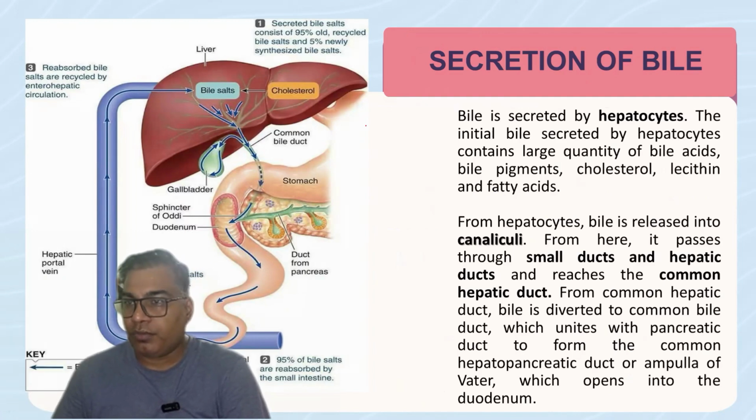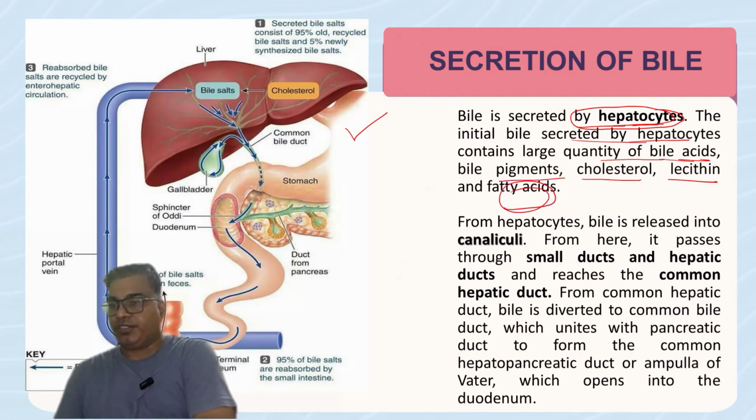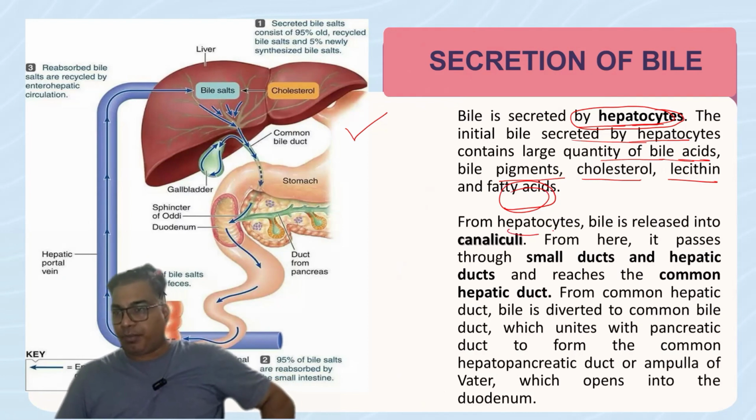Now come to the secretion of bile. Basically, bile is secreted by the hepatocytes, the liver cells. Initially, bile is secreted by the hepatocytes, which contains bile acids, bile pigments, cholesterol, lecithin, and fatty acids. So from these hepatocytes, bile is released into the canaliculi. From here, it passes into the small ducts and finally opens into the right and left hepatic duct, which finally